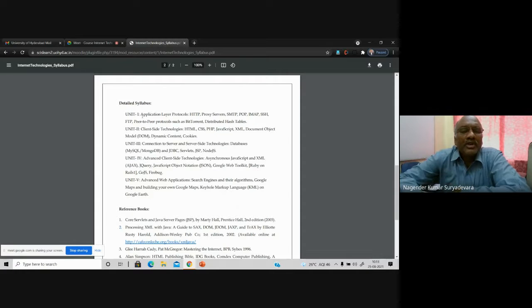So of course, we have the advanced client side and server side technologies that we discuss in the 4th unit, followed by some advanced web applications, such as how you optimize your data resources, how you retrieve the data, and how the search engines on the internet are made use of. So in terms of Google and the latest technologies, what Google is trying to provide to you. In a nutshell, this is just a big picture which I am trying to give you.